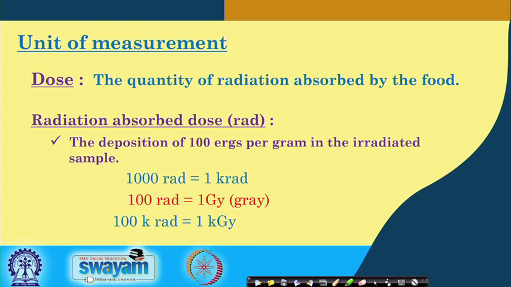Since some microorganisms in some food process operations require slightly higher energy, particularly when their inactivation or killing is involved, expressing this in terms of rad was becoming a little higher value. So, recently another unit was introduced, that is gray. 1 gray is equal to 100 rad. So the units become a little different, but it is almost the same.